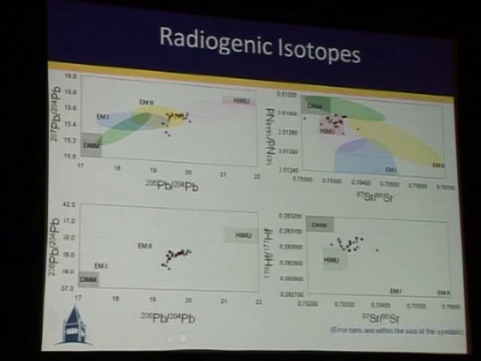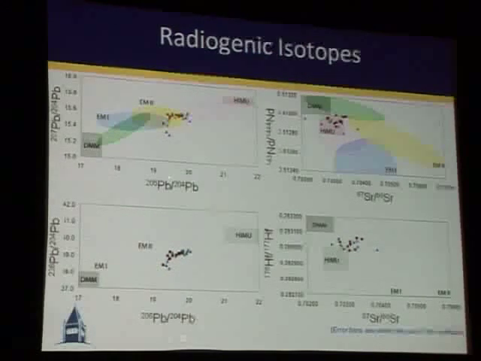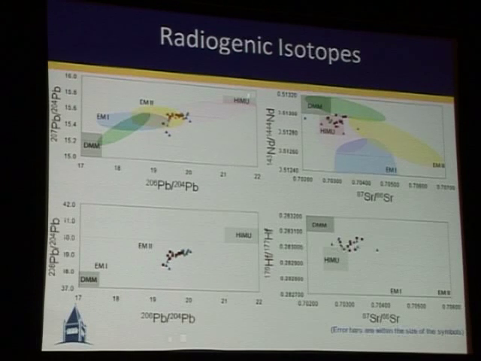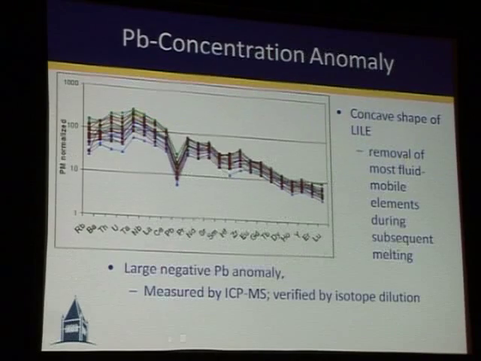But what these lavas in the West Antarctic Rift System remind us of, at least looking at neodymium and hafnium, is that they're very similar to the so-called high mu compositions that we find in the ocean basins. Looking at lead, on the other hand, we find that these compositions are something like 19.5. They're not exactly high mu, which would be over here above 21. We think that this is a secondary feature, at least with respect to lead.